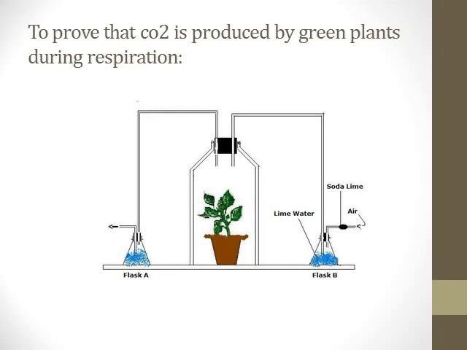As the air leaves the bell jar and passes through another sample of lime water, flask B, the carbon dioxide present in it would turn the lime water milky. So this proves that green plants, during respiration, produce carbon dioxide. It's very, very important, children, that this experiment should be carried out in dark conditions, because